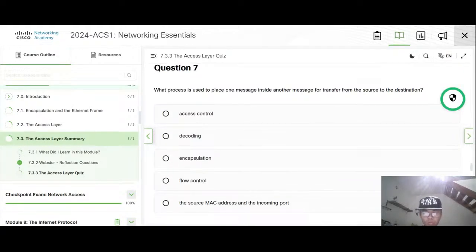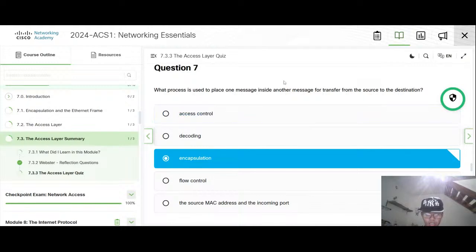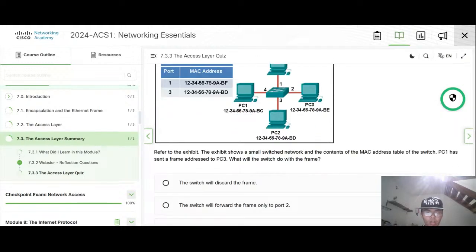What process is used to place one message inside another? It is encapsulation. Let's send a frame addressed to PC3.